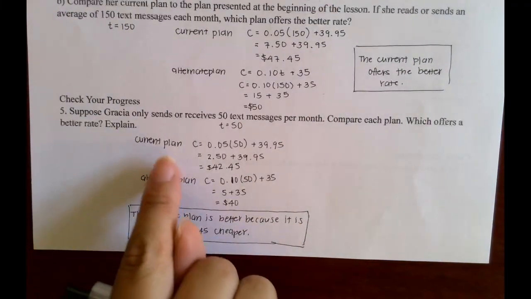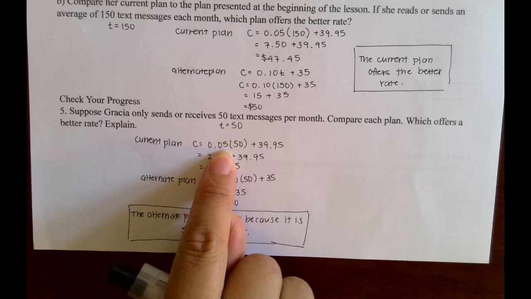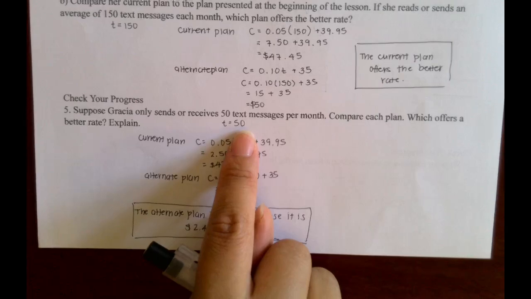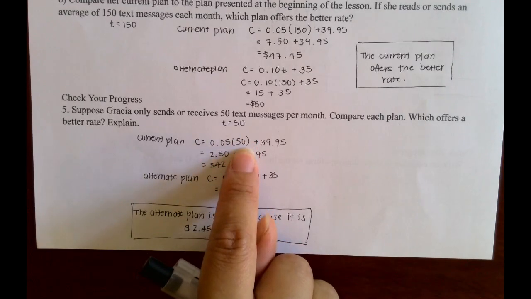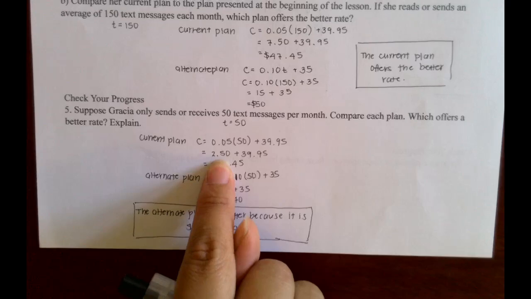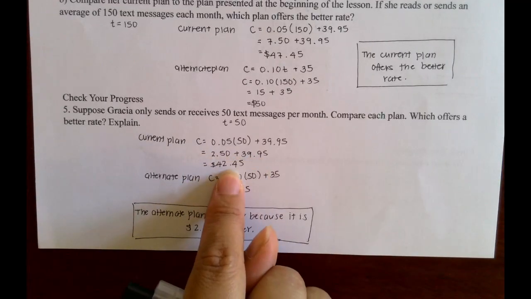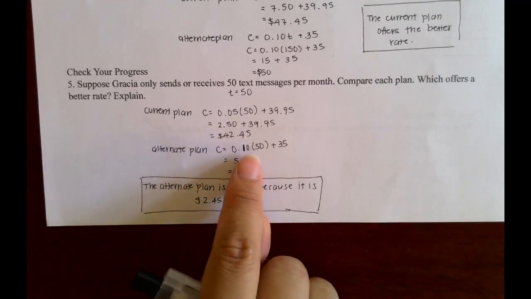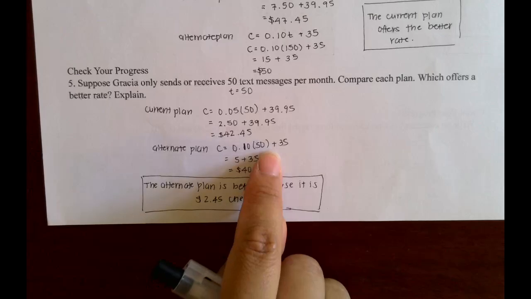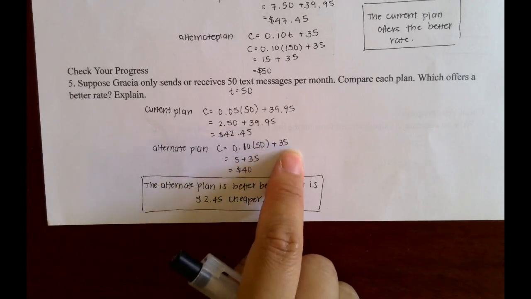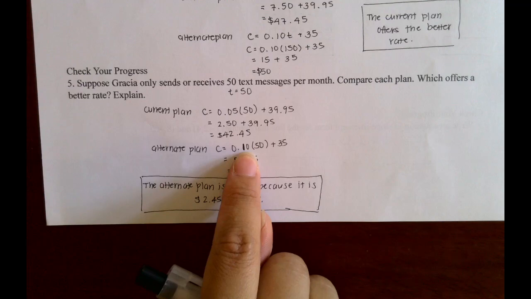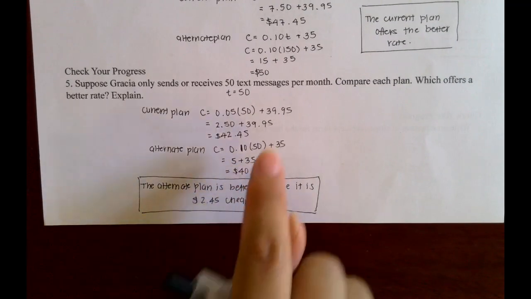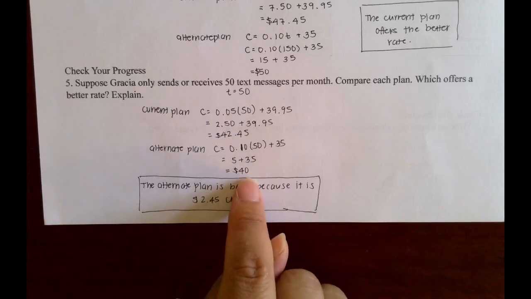Okay, so again, remember your current plan is 5 cents per text message plus 39.95 for calls. So if she's sending 50 text messages, that's T equals 50. 0.05 times 50 is 2.50, plus the 39.95 is 42.45 for the current plan. The alternate plan is 10 cents per text, so 0.10 times 50, plus 35 for calls. Right? 0.10 times 50 is 5, 5 plus 35 is 40. And so if you compare the prices, the alternate plan is cheaper by